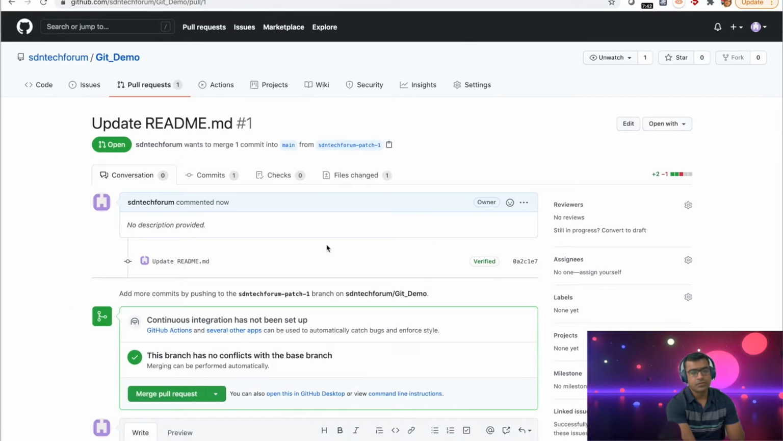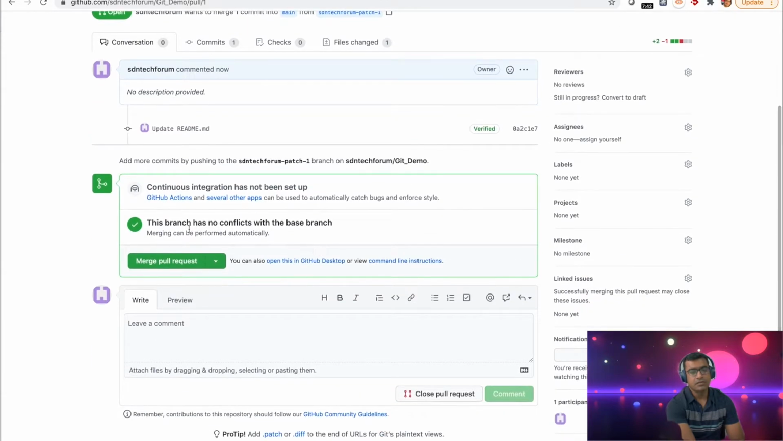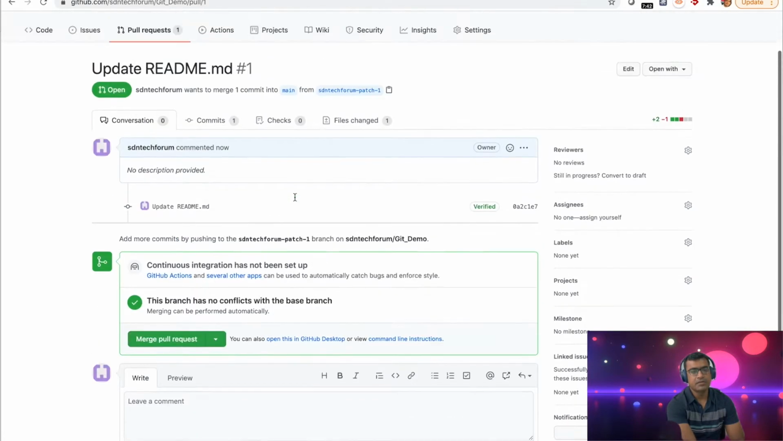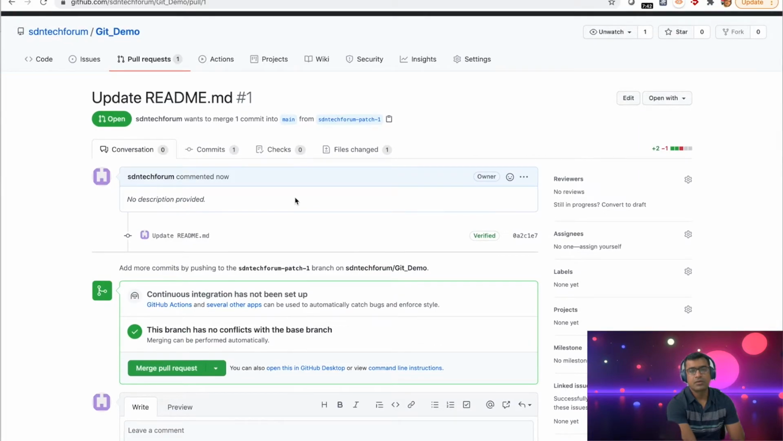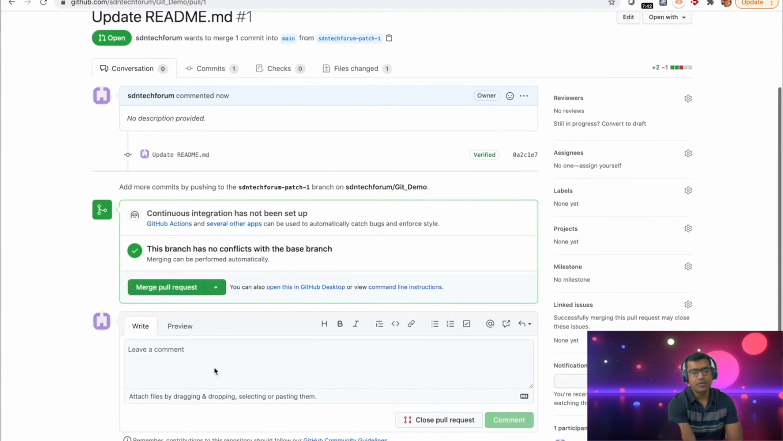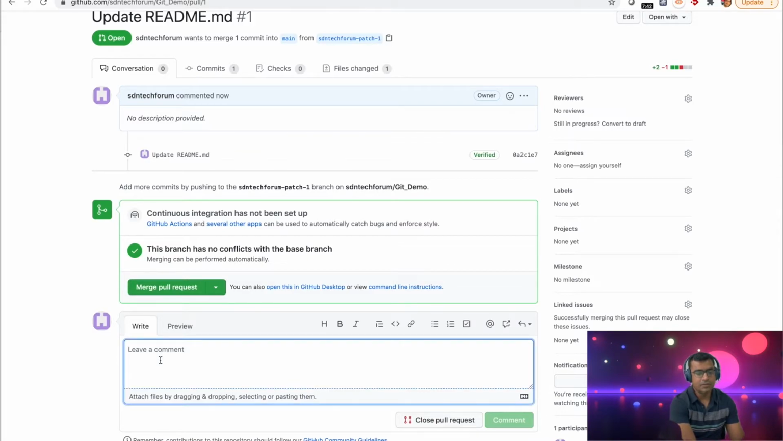So here you can see contribution. So this branch has no conflict with the base branch, that is the main branch. That means it is ready to get pulled in the main branch, right? If I happen to say now merge pull request, okay, let me first,